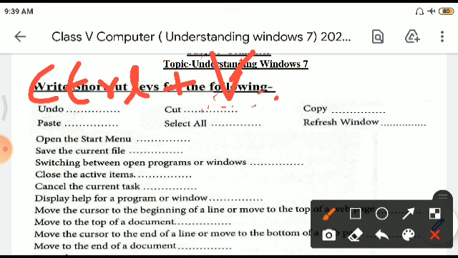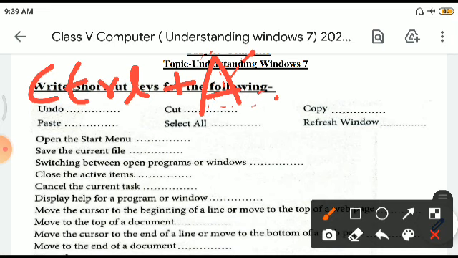Next we have select all. For select all, the control key remains the same, and then what we press is alphabet A. Control plus A. Now the plus sign means that you have to press both together.